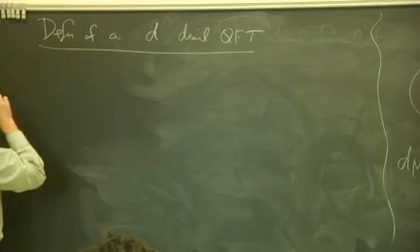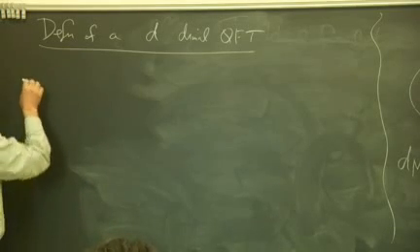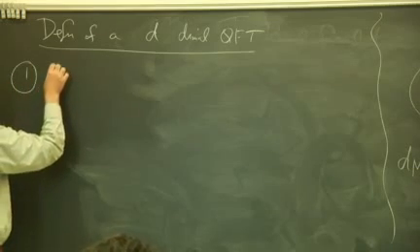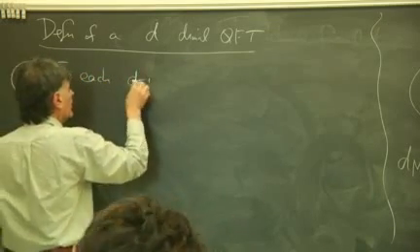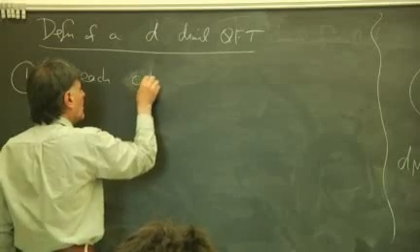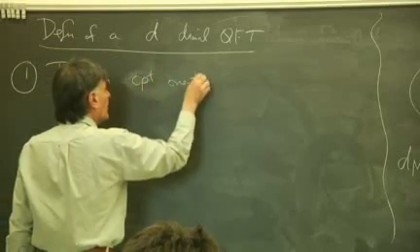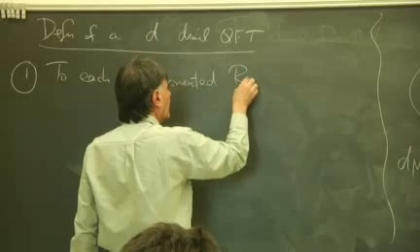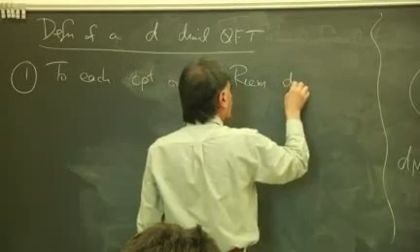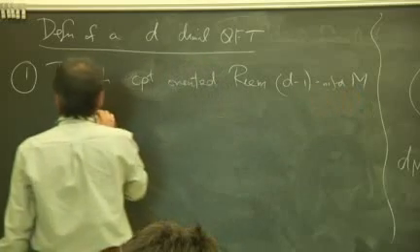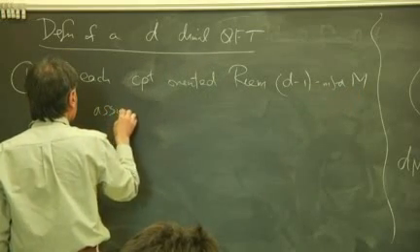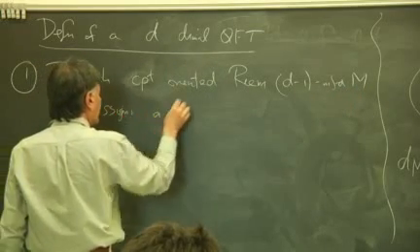So it's going to consist of the following data. First part is to each compact oriented Riemannian d-1 manifold M, assign a topological vector space